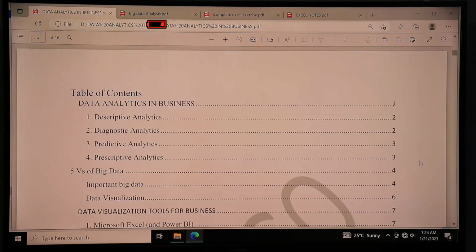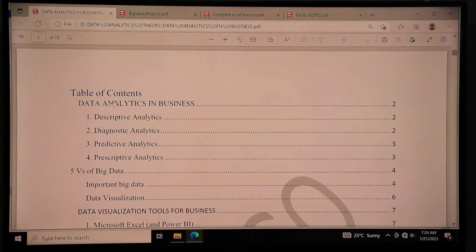I believe again you have logged in to the WhatsApp group. Anything that you're going to submit, any practical you do, you will submit your results in the WhatsApp group, so that we'll be able to know whether you are on the right track or not.